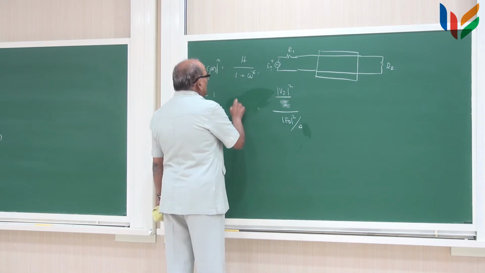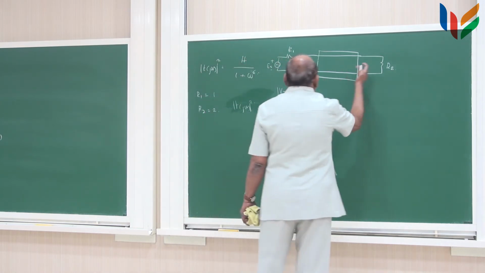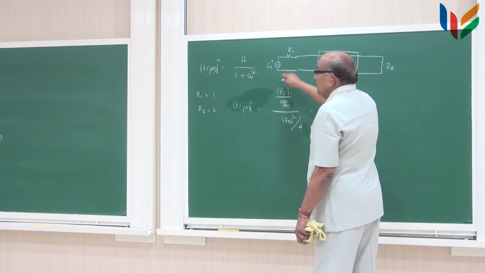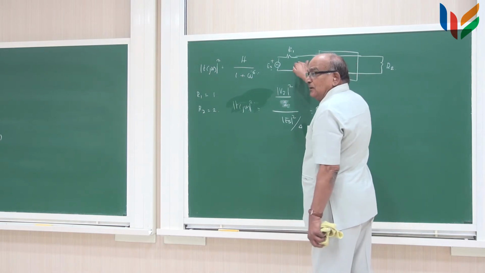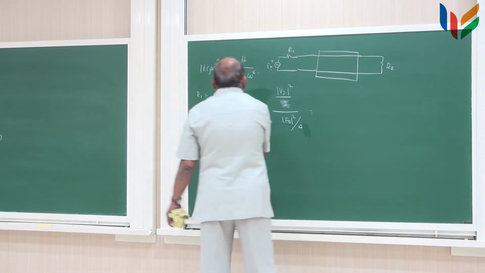This is my |T(jω)|². And if you look at this, you can very quickly find out what V2 is. V2 is equal to ES into 2 divided by 3. So, V2 by ES square comes out to be, at s equal to 0,